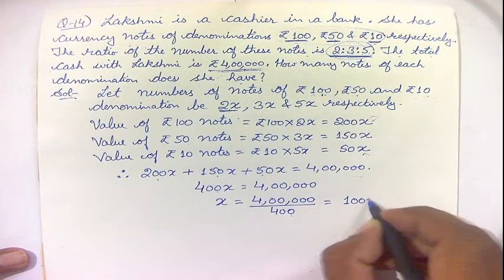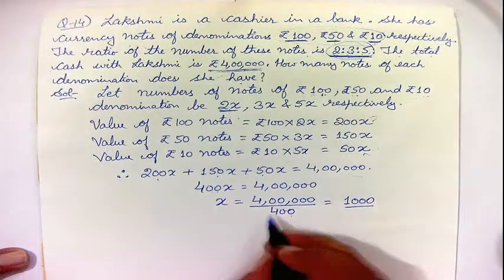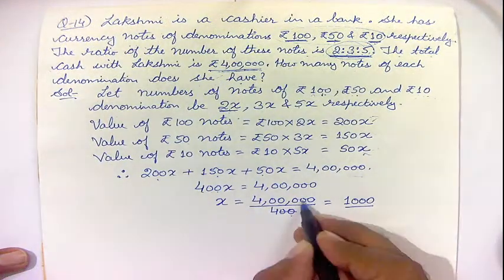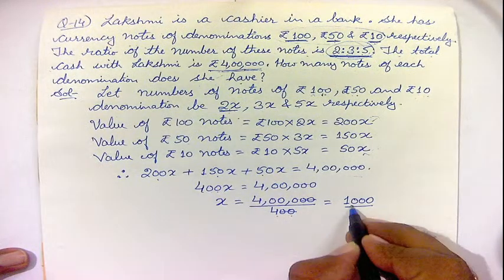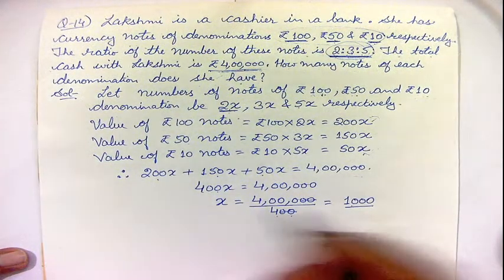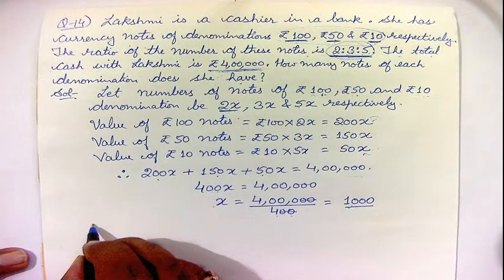It is equal to 1000. So you can check it out. These two zeros will be cancelled out. Then you are left with 4000 divided by 4, that gives you 1000. So the value of x is 1000. Therefore,